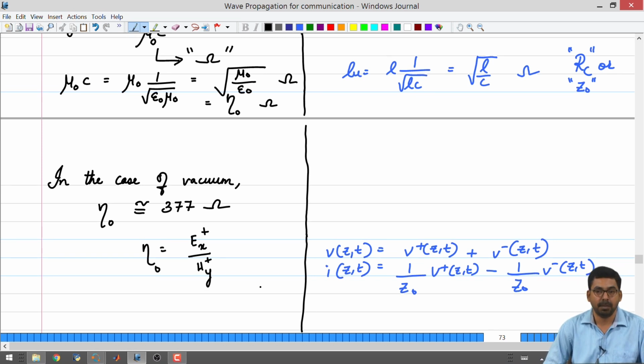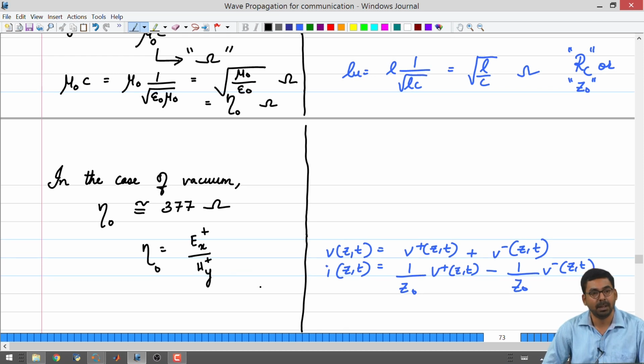which means that if I start my simulations assuming proper values of epsilon naught and mu naught, 8.854 times 10 to the negative 12 and 4 pi times 10 to the negative 7, apart from the possibility that I may end up with some 0 instead of a tiny value, which would be an approximation error, there is also a good chance that, suppose I start with an electric field of 1 volt per meter, the magnetic field will be 1 divided by 377, a tiny value. And if I have tinier values of electric field, the magnetic field will go to an approximation error of 0. So this is another reason why we try to avoid using actual values in vacuum.